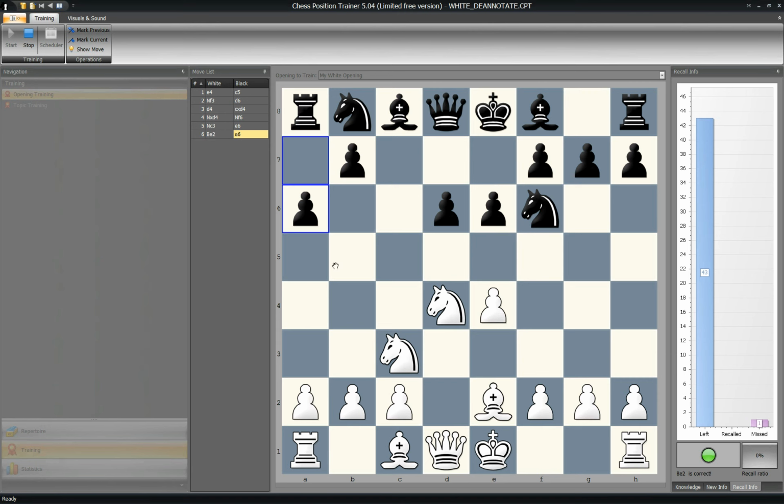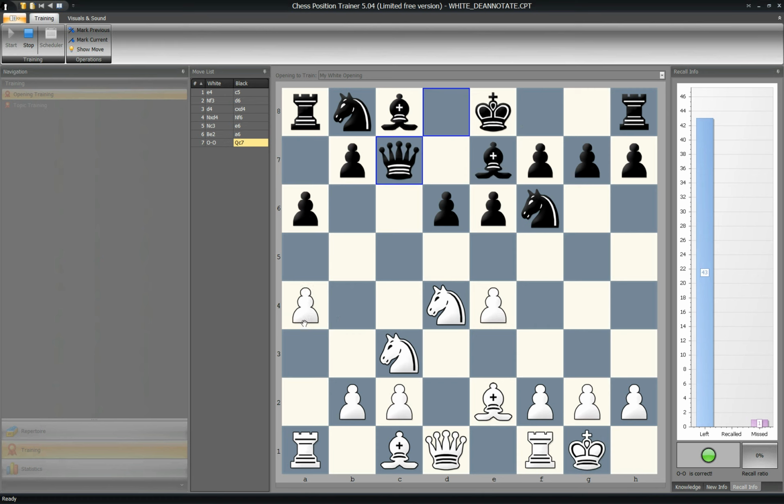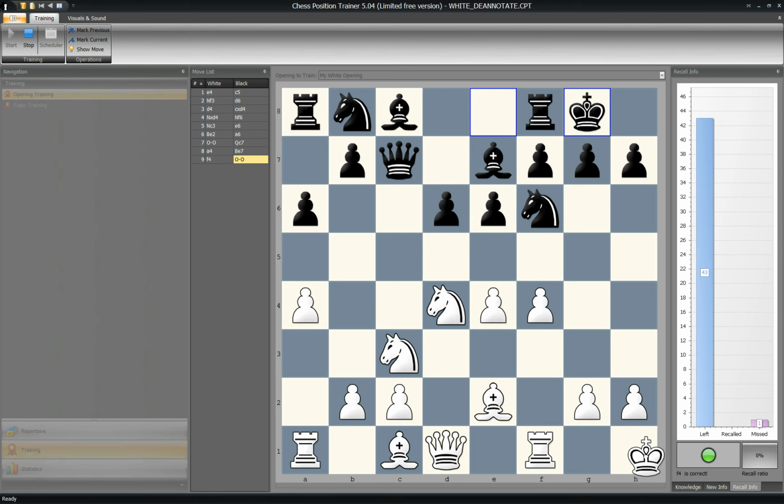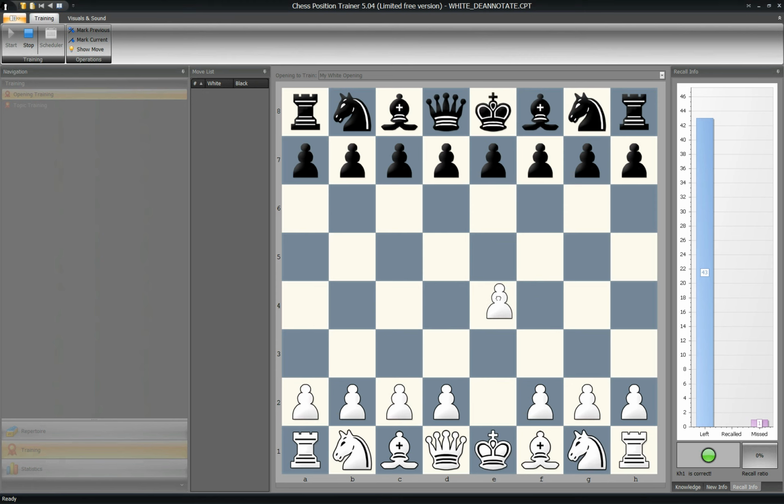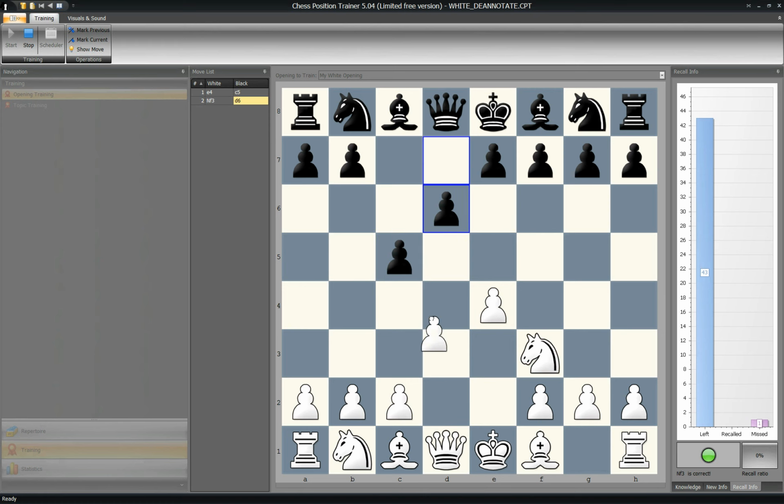So now it wants me to retrain this line because I had missed the correct move order, which actually probably doesn't matter, but I'm just going to be playing by the rules and following the move order that it suggests to me, well, which I had really suggested to myself. And now I think because I got this move correctly, it's gonna try some other line,